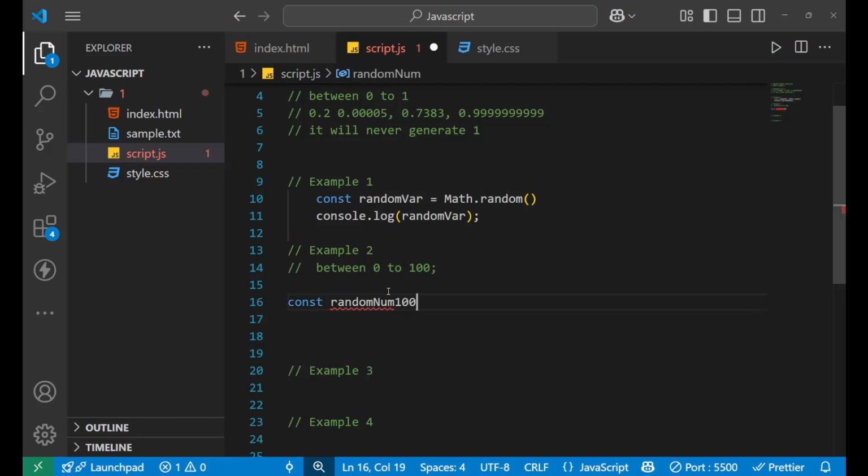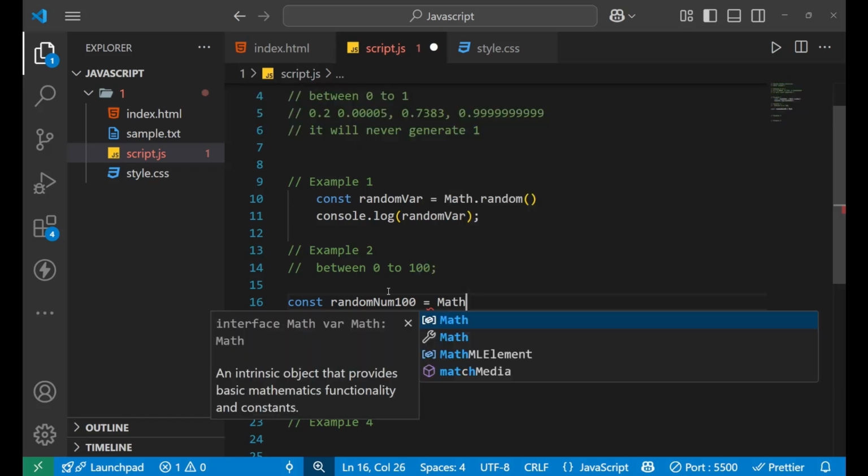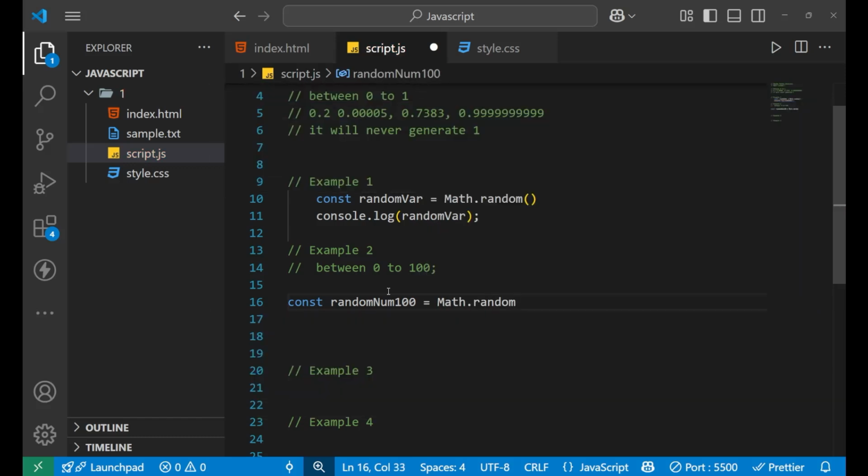num100 equals to, and inside of this we'll write simple Math.random. Since this is generating a value between 0 and 1, if I multiply whatever value it is generating by 100, then what do you think I'm going to get?